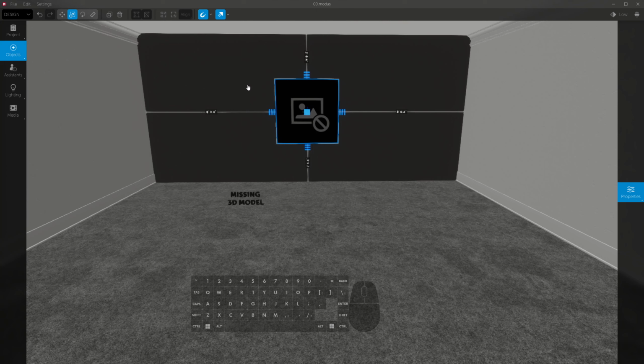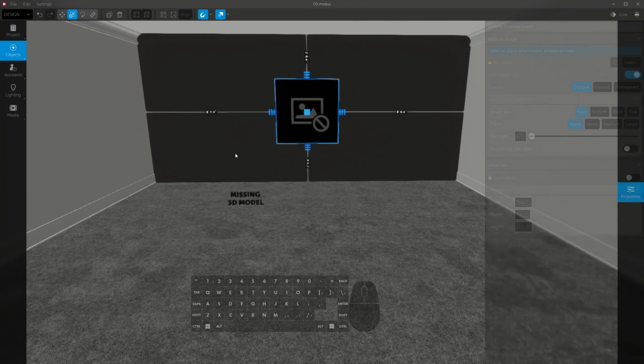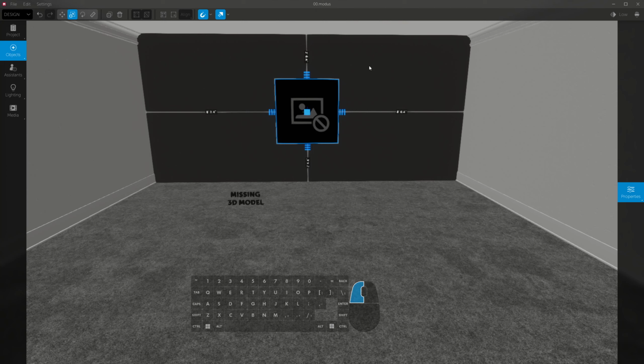It'll just be more difficult to share that image with people if you choose to send your completed projects or a zip file of your completed projects. They'll have to come in and go through this process again of linking the image with the file. So for here, I'm going to go into my custom images,